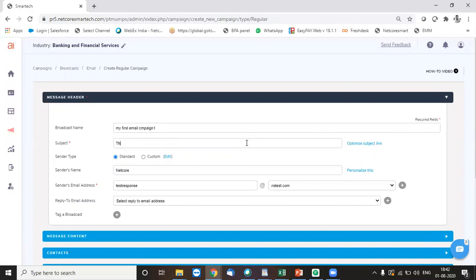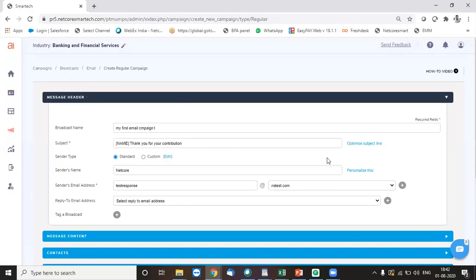So you can type the subject line over here. A very important aspect in the subject line is also personalization, where we can use, let's say, the customer's name to address them in a more friendly way.